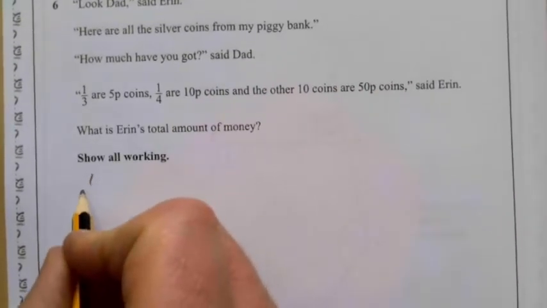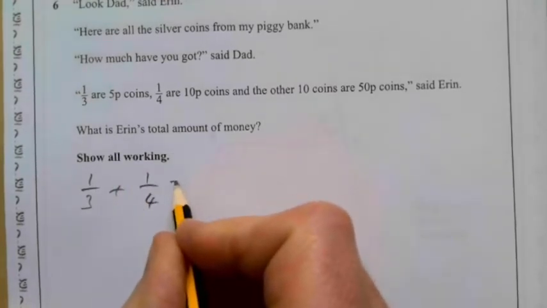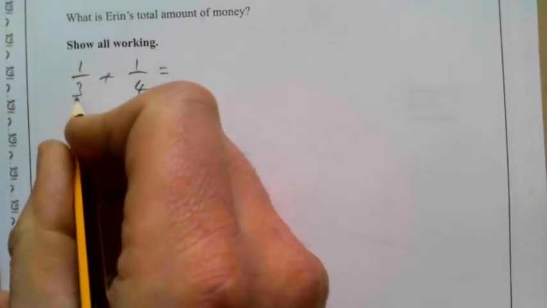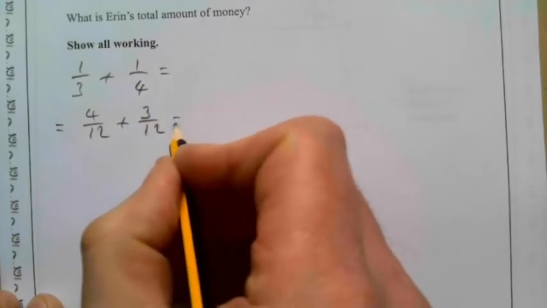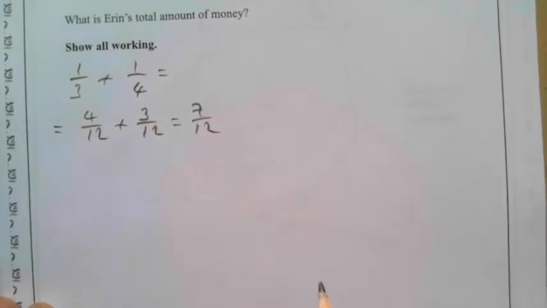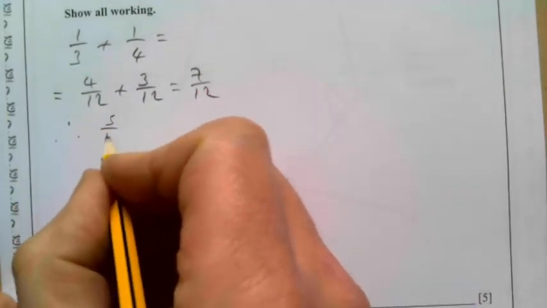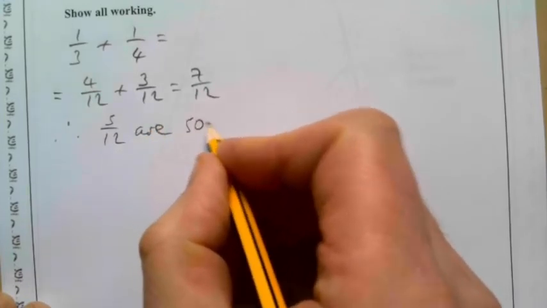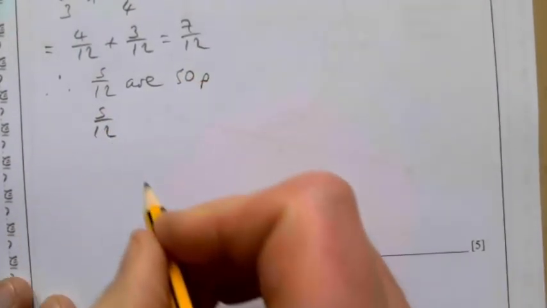So we want to do a third plus a quarter. And if you add those together, you want to get a common denominator, so it's going to be over 12. So 4/12 plus 3/12, and that's then going to be 7/12. Therefore, 7 taken away from the 12, 5/12 are 50p's. So 5/12